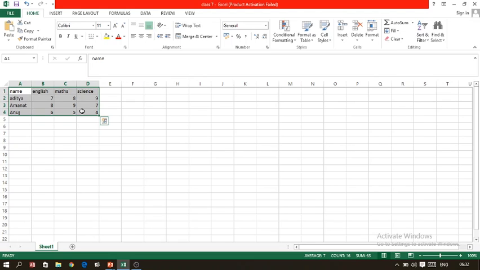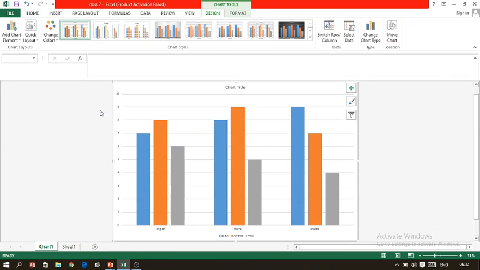So I have selected the values and now I am pressing the key F11. Before this, I want to show you one thing, that at the bottom you can see we have only one sheet right now. But as I press the keyboard shortcut F11, automatically a new sheet will be displayed and the name of that sheet will be chart 1. So I am going to press the key F11. I have pressed the key F11 and now you can see that a chart is drawn automatically,